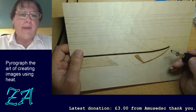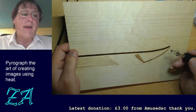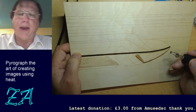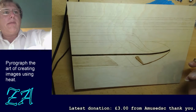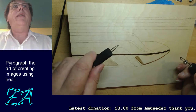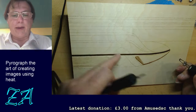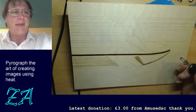All the lines you see have been done with one or other of the tools that I've got. They were originally drawn in by hand or with the assistance of a ruler, but then they were erased and gone over, most of them with this particular tool, which is a writing tip. So I'm using it like a really sharp pencil basically. And I've kind of just established most of the outlines very light, well, reasonably lightly,